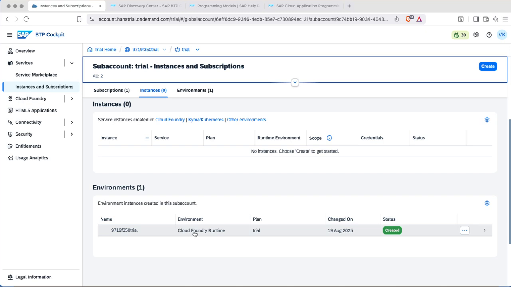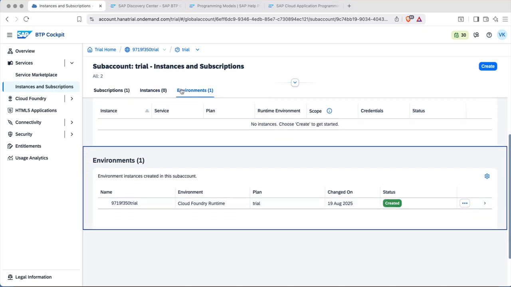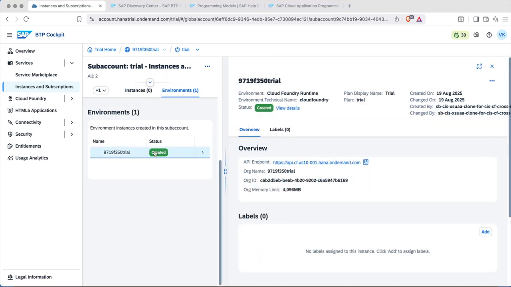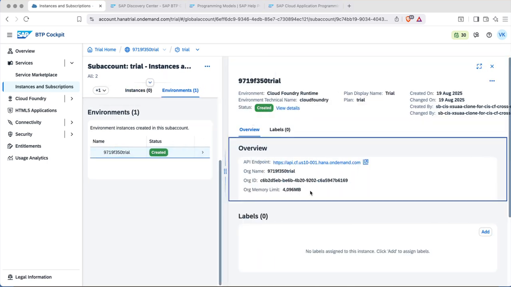And the Cloud Foundry runtime environment is already enabled, right? So if you go to environments, you have Cloud Foundry runtime already there, okay? And because it's a trial account, they have given 4 GB of memory to me, right? So 4 GB memory is allocated, 4 GB RAM is there so that our applications can use this